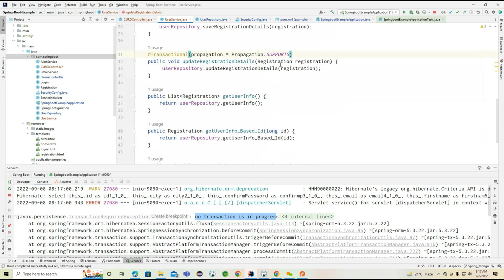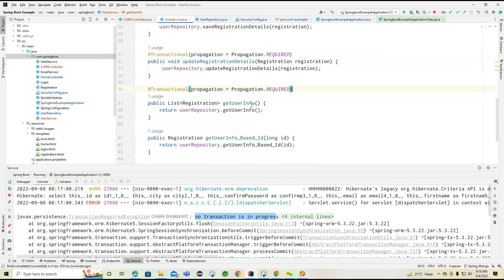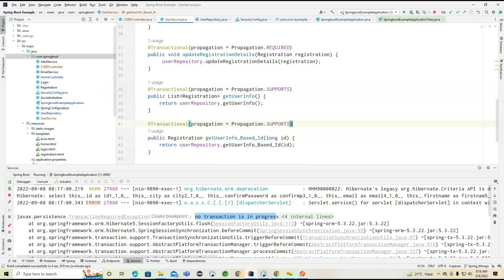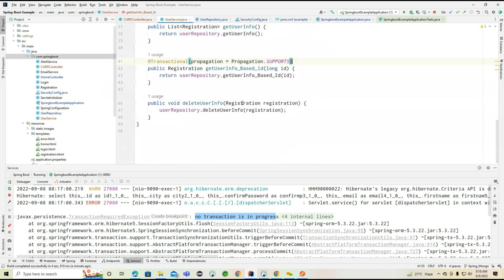So now, okay, not this. For this particular required, and here we can go for supports, and this is also we can go for supports only. For this particular delete,